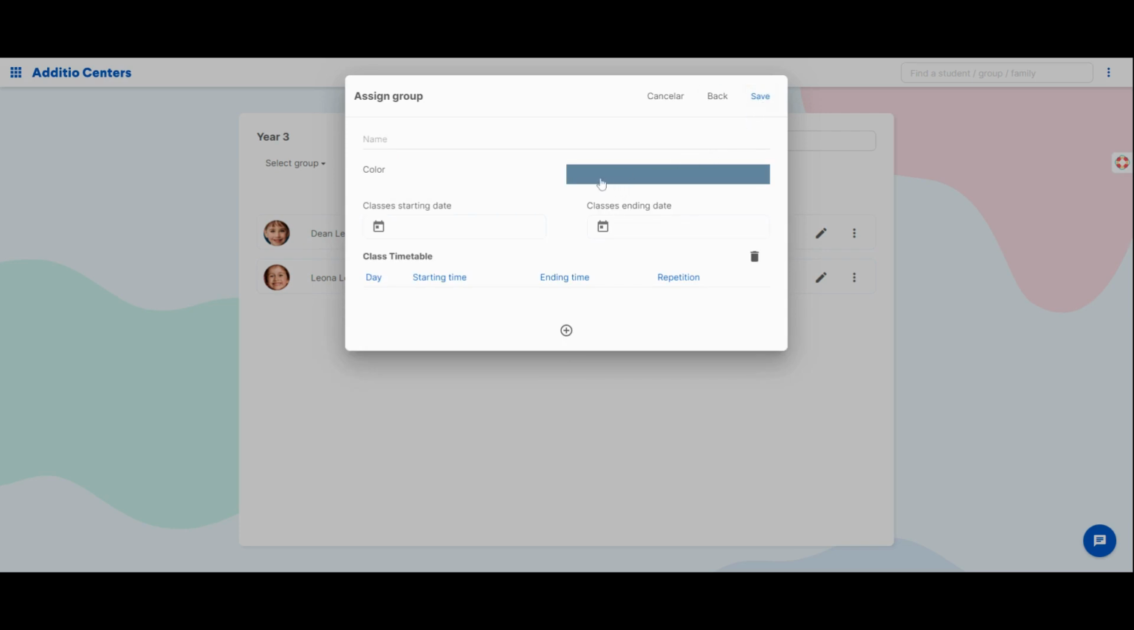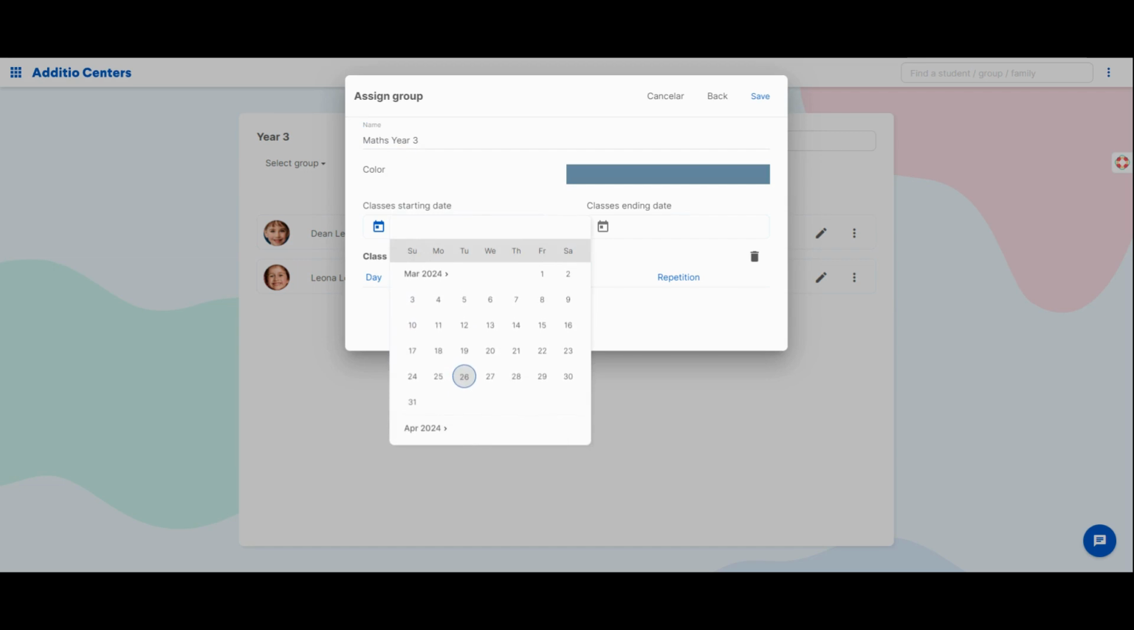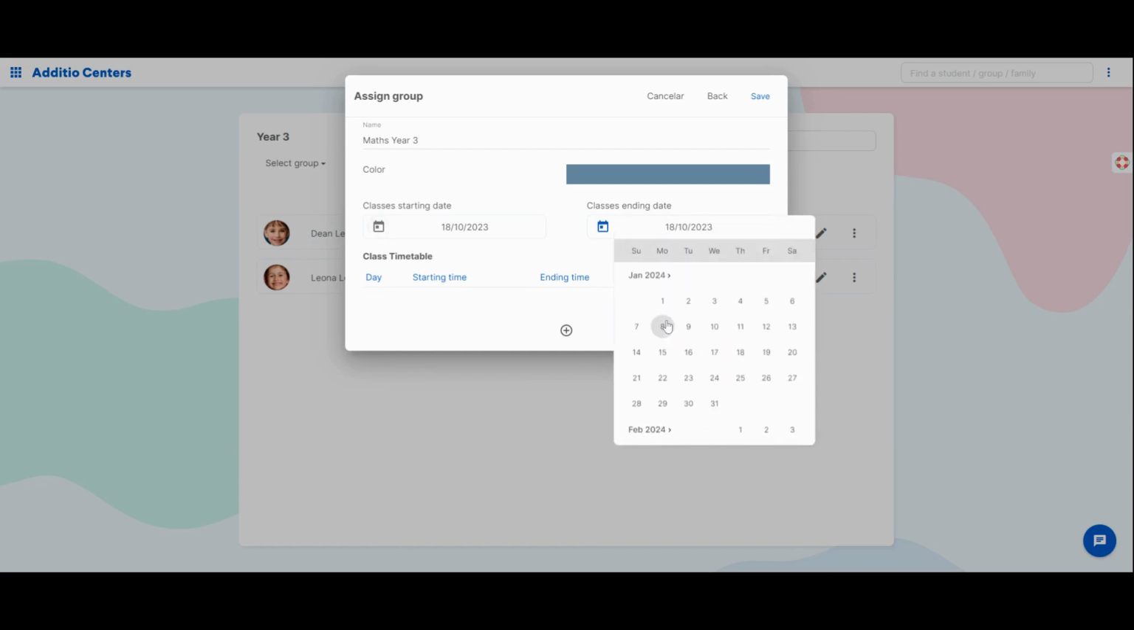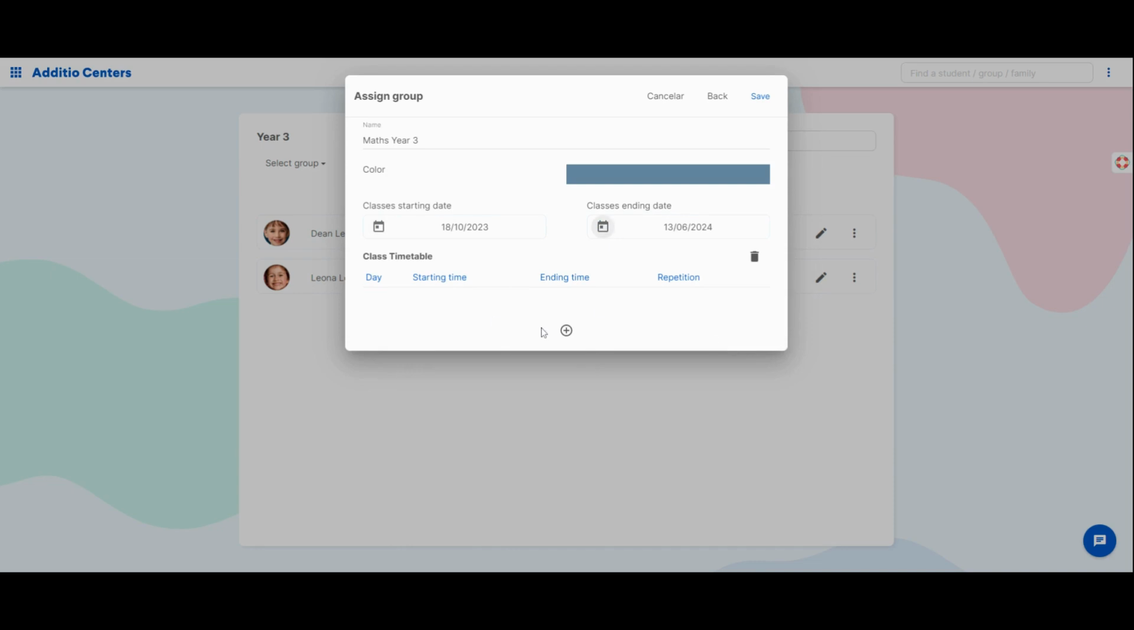And the only thing that's left is to name the subject, for example, Maths Year 3. I could leave it here or even determine the calendar and schedule of the teacher. First, the period in which the subject will be taught, for example, from September to June, and then